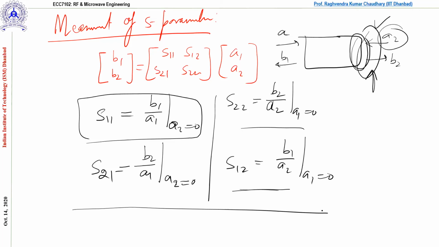So in the coming classes I'll show some of the applications, how we can characterize a device, like an amplifier. We can discuss the amplifiers, and if, let's say, filters, antennas, any components, correct? All these things we are going to realize using the S parameter, because this is one of the very important parameters.